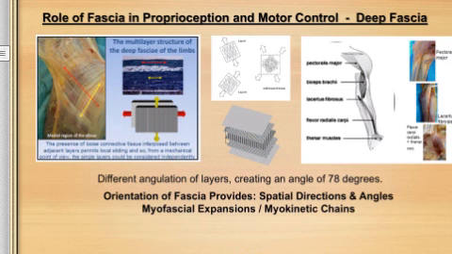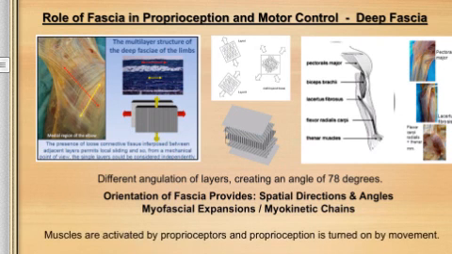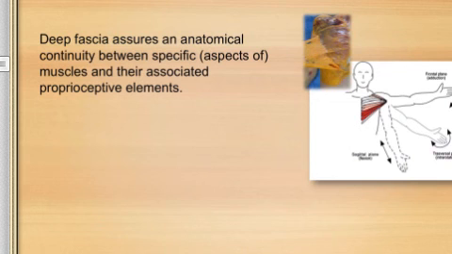The orientation of these fibers, as you can see, layer on top of layer here, and how it can move. And this gets to Donatelli's old paper on the cross string and the mobility aspect of it. But it creates tension in certain spatial planes, which gives the brain direction for purposeful movement, and it basically allows the right muscle contracting at the right time for purposeful function. And then it gets into Richard Jackson's concept, because we've mainly been focusing on muscles. Muscles are activated by proprioceptors, and proprioception is turned on by movement. So maybe it's the movement being picked up in these fascial layers that is more important than what we've looked at historically. Why is it important at these deep